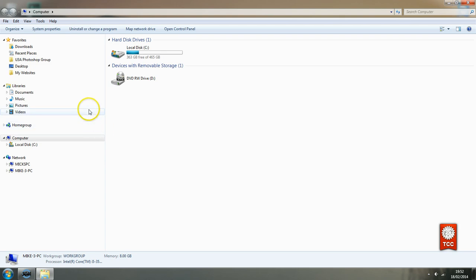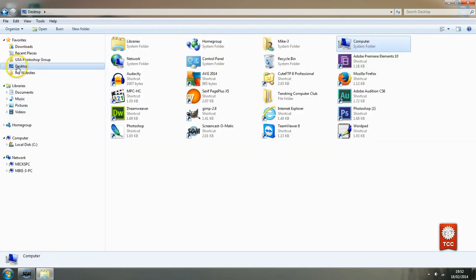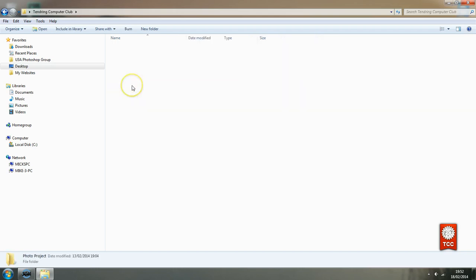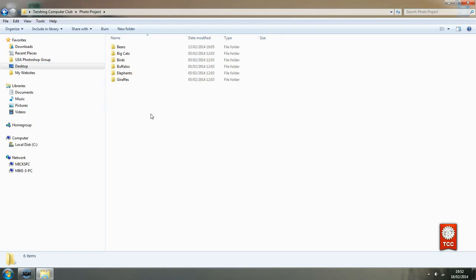So I'm going to go to my desktop folder, double click on the desktop, and I have the Tendring Computer Club folder on the desktop. I shall double click to go into there, and we have a photo project folder. I'm going to double click to go into there. In this folder we have 6 folders containing animals, quite obvious,